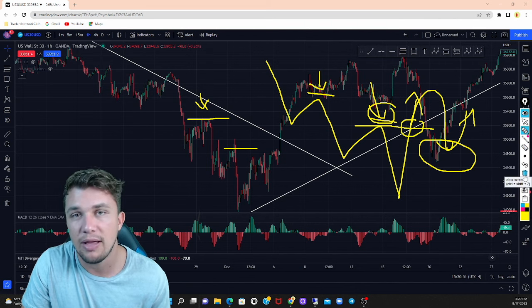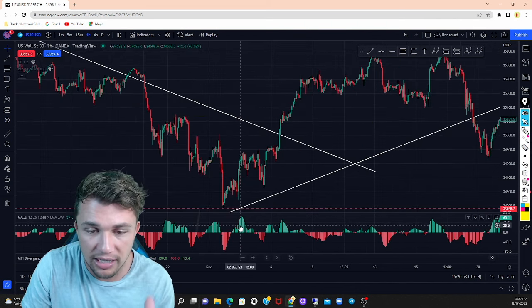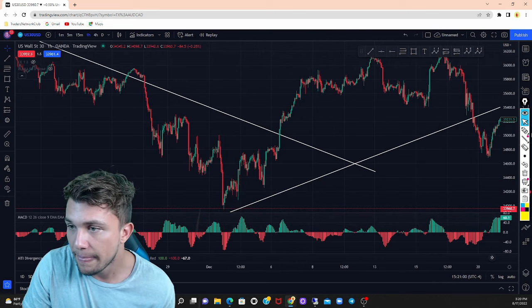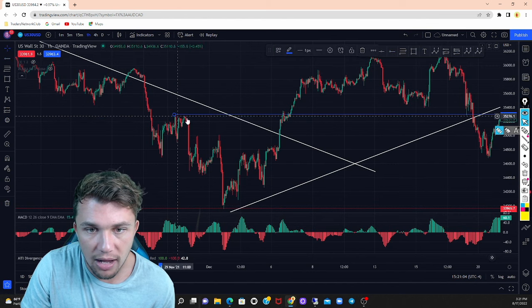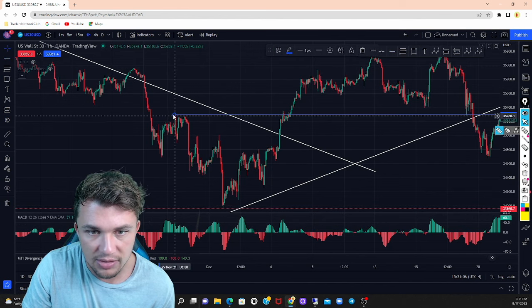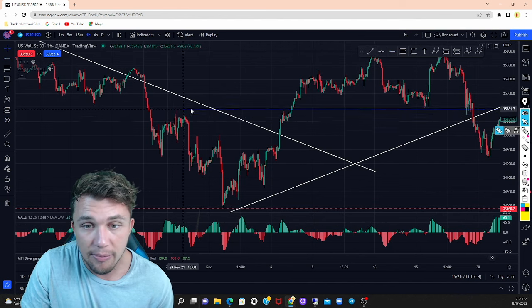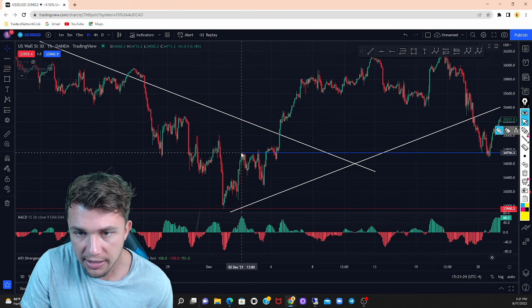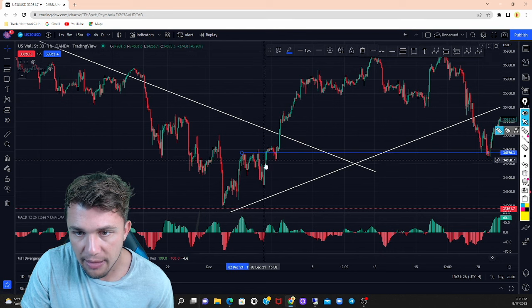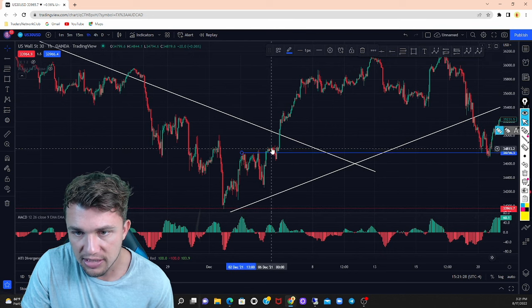So we're going to go ahead and play this out. Looking at my MACD, we're looking for the lower highs created. As we can see, we had a high here. Looking at the MACD, this was the highest point of that range. Then price created a lower high here, another lower high here, and it looks like we had a breakthrough with this high right here. It looks like it broke through,